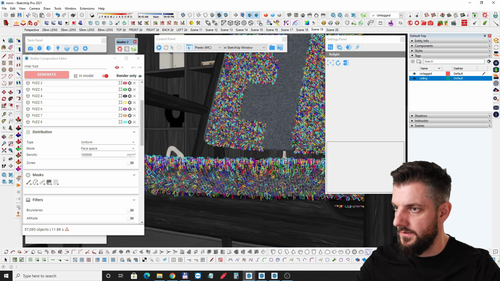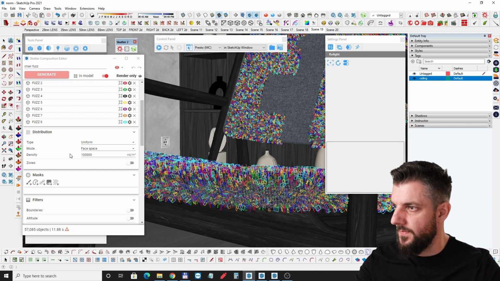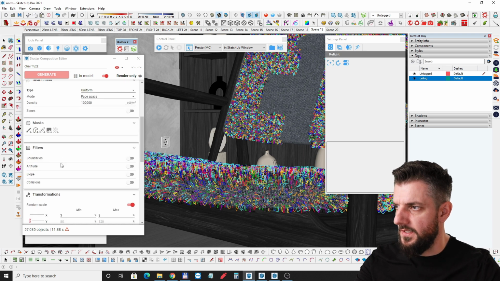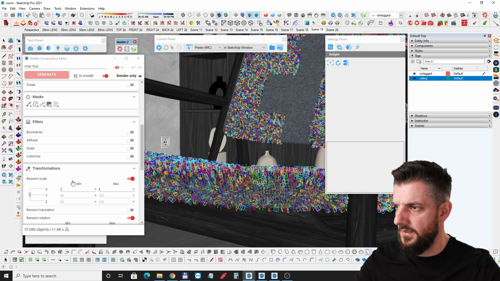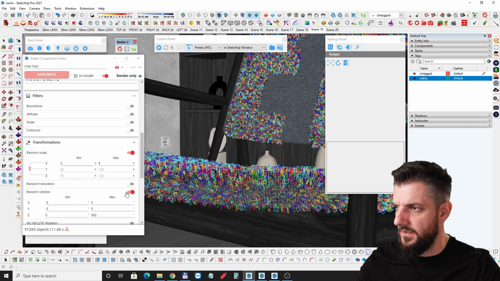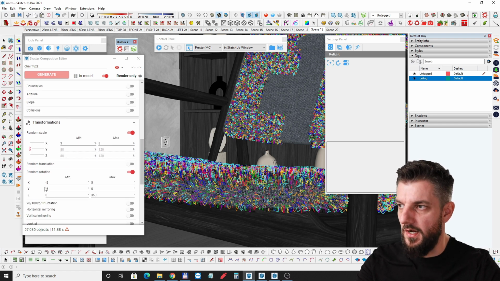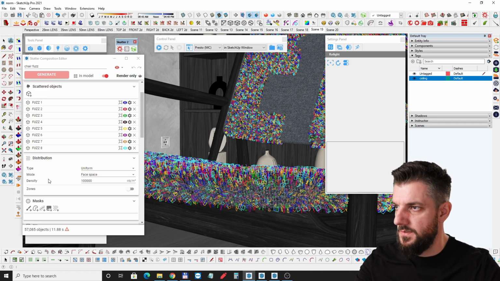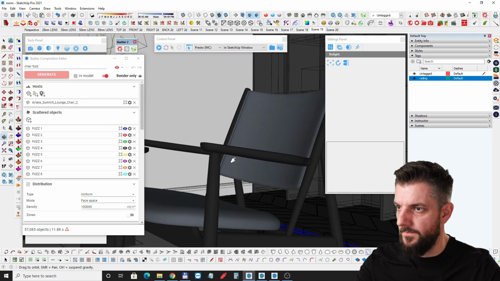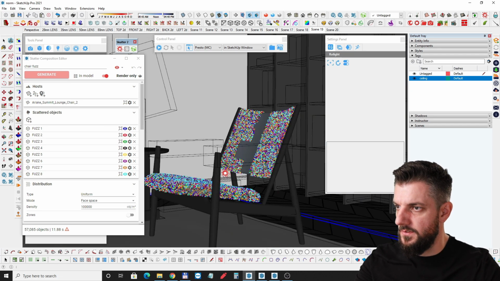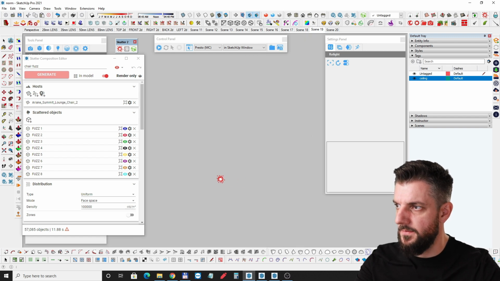And it looks really cool. I didn't do a lot of things to it, just some random scale and some random rotation, and of course, aligned to the normal of the face. They're not pointing up. And that's pretty much it. It's not a lot of complicated stuff, just that the fuzz that I made, the little strands of hair are